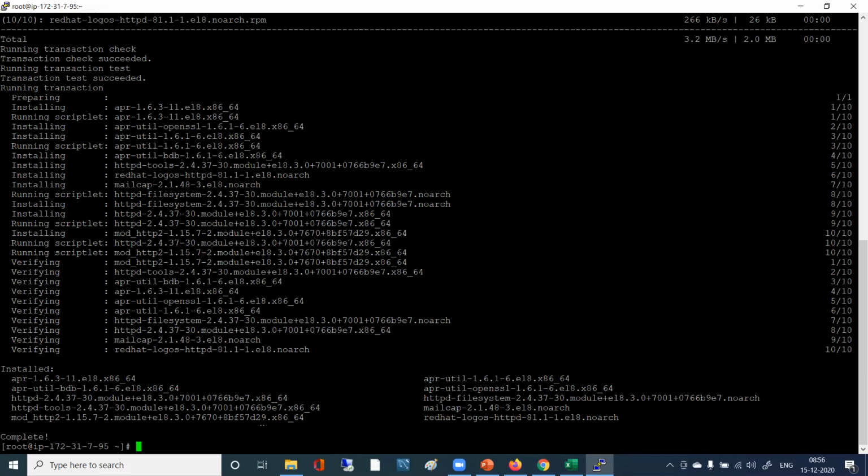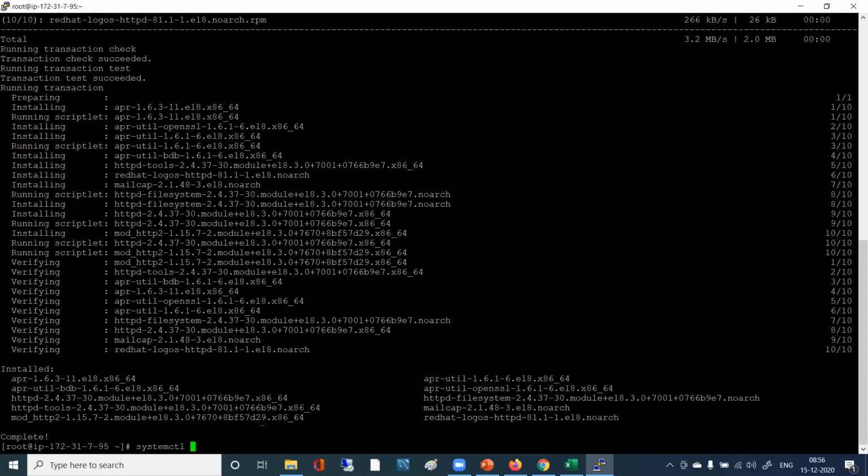Now understand the steps. First step is to install the software. Then the next step would be to run the software, correct? There is a command, systemctl.